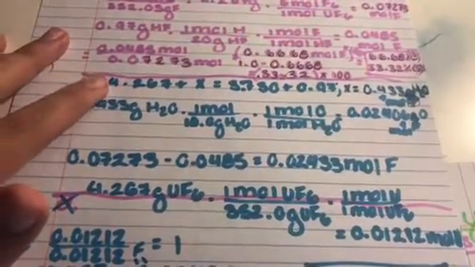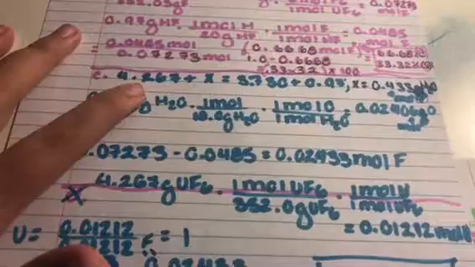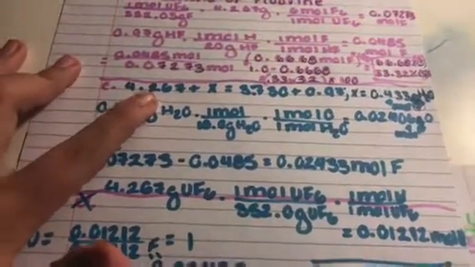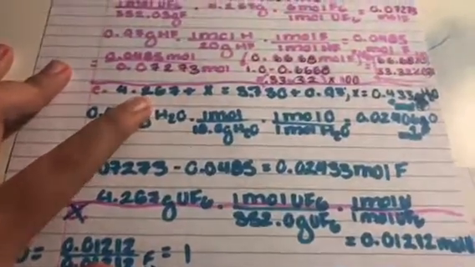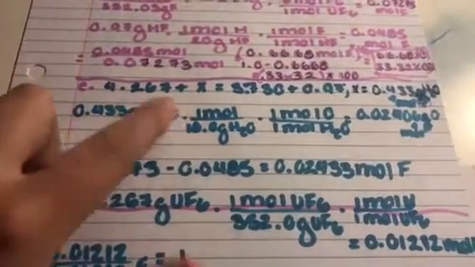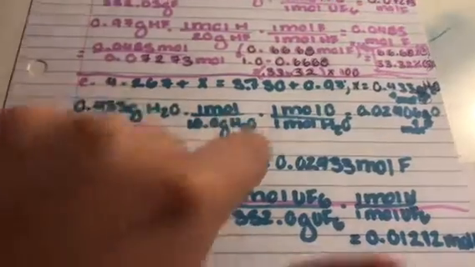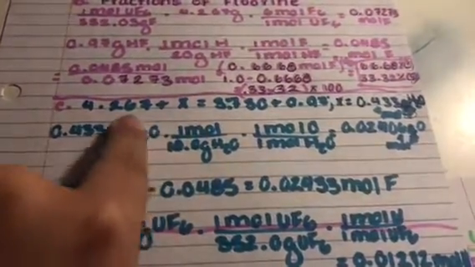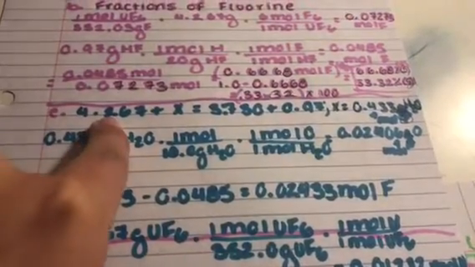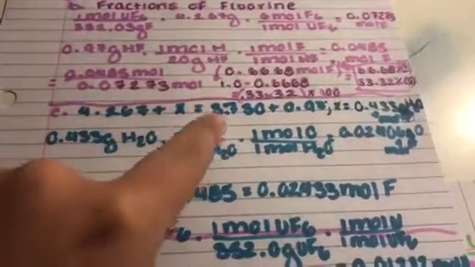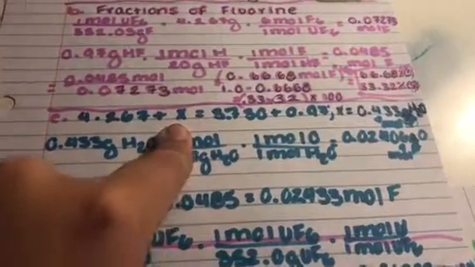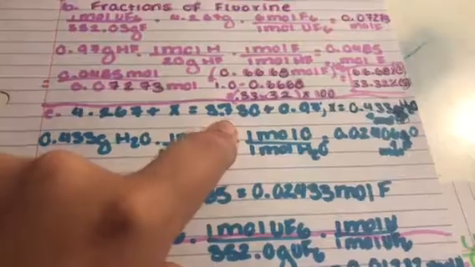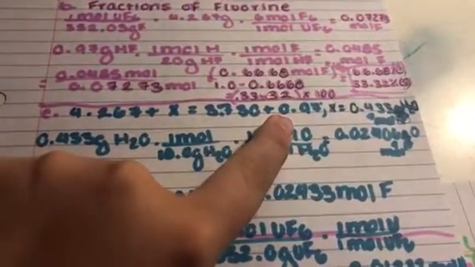So we took the amount of the uranium fluoride compound that we were given, and this is representing the reactant side of the equation. This is representing the product side of the equation, and we know that the total mass of that is the uranium fluoride compound plus water. We don't know how much water we were given, so we have to solve for it. But we know on the product side that we were given